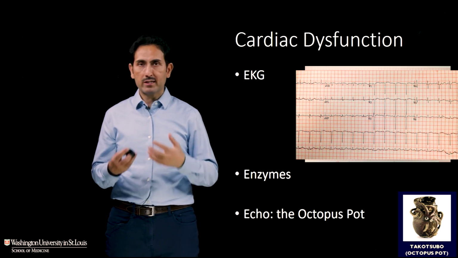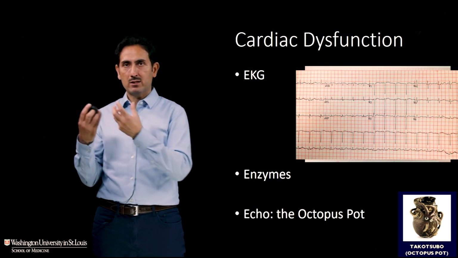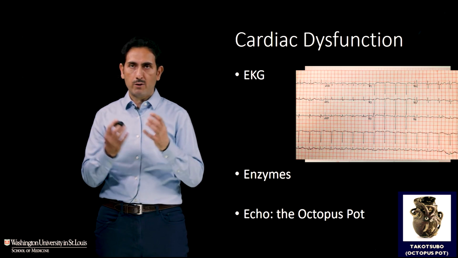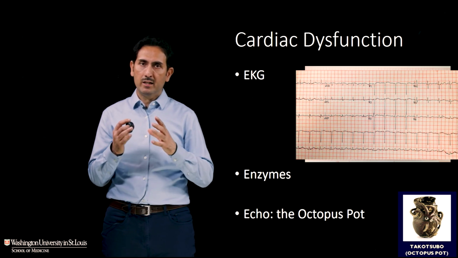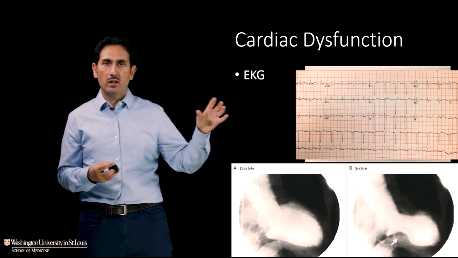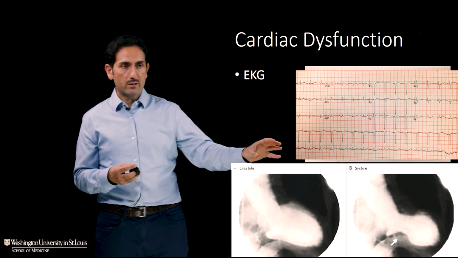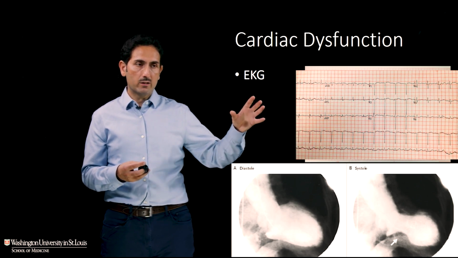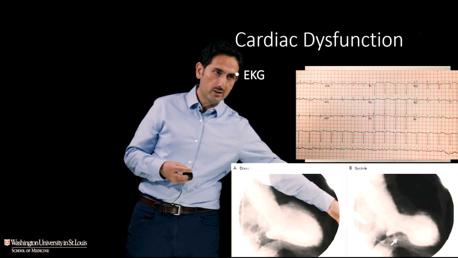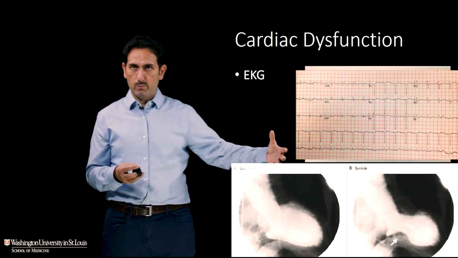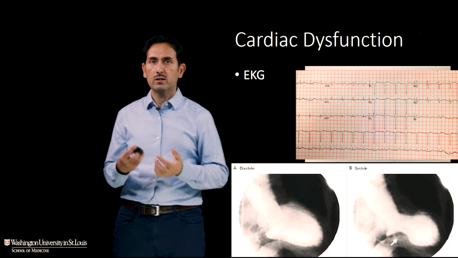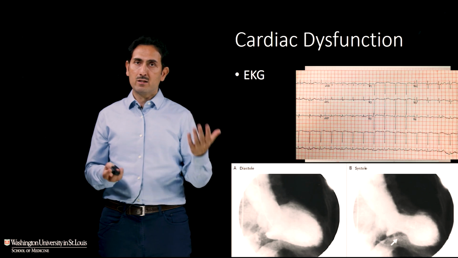And finally, and perhaps more importantly, sometimes that heart can be stunned. And sometimes it's stunned by that excess sympathetic discharge that is occurring, and that can cause dysfunction of the heart pumping. And it can be in a unique pattern called Takotsubo, or the octopus pattern, where basically you have a heart at rest, and then systole on the right, you see it contracting, and only the top part of the heart, or what's called the base, which is over here with the arrow, is contracting, and the apex, that octopus part, is staying wide open because it's not working. So that's a focal Takotsubo cardiomyopathy, which often occurs, especially in severe subarachnoid hemorrhage.